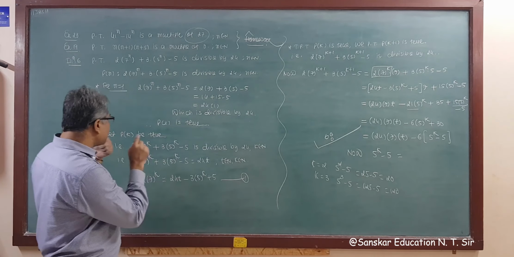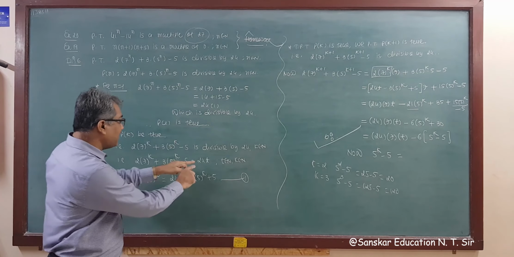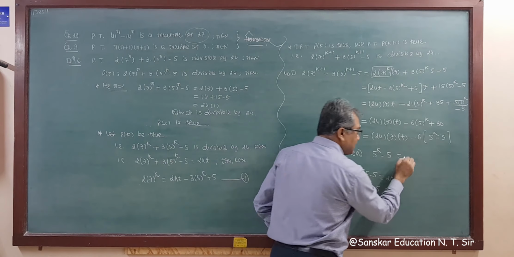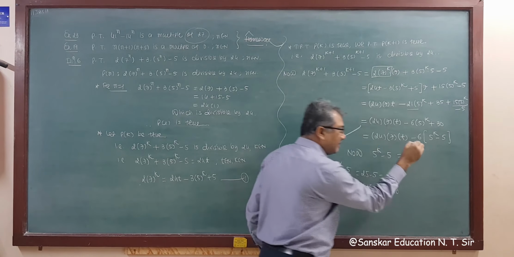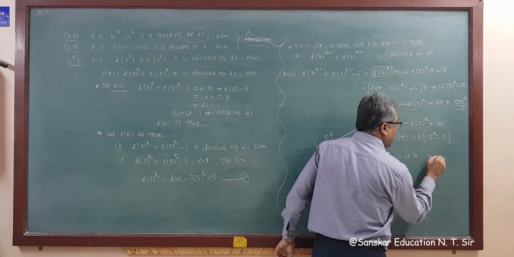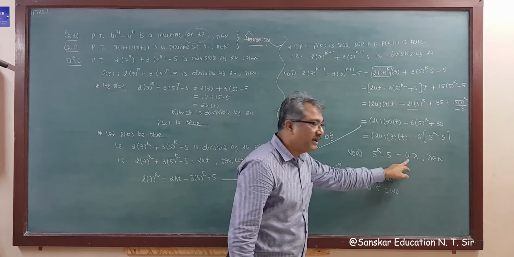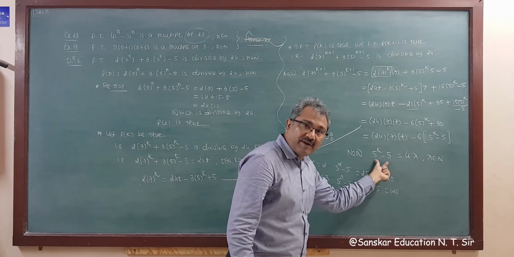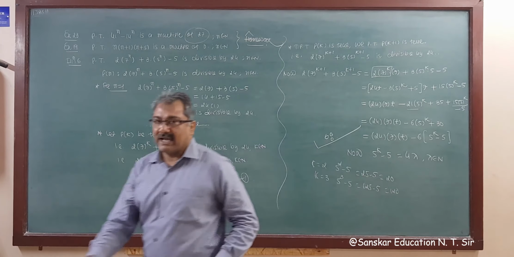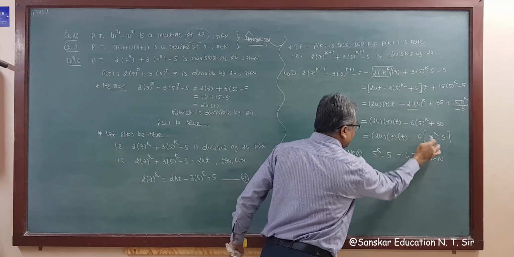If a number is divisible by 24, then we write 24 into any constant. So can I write like this? This is divisible by 4 into lambda, because this is divisible by 4, right? Where lambda belongs to n. This number is divisible by 4, so I am writing 4 into any constant, that is lambda. Lambda belongs to n.